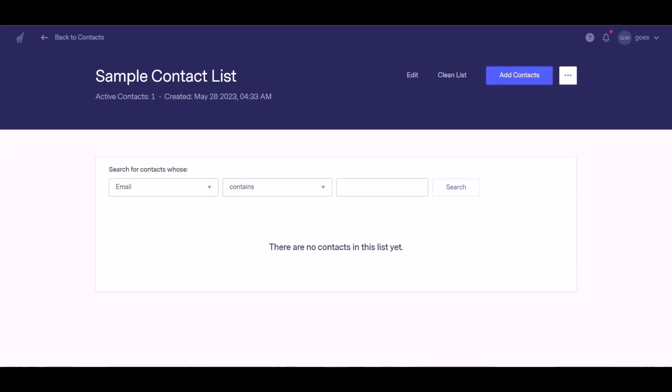Now go to the benchmark page and refresh the page. You can see the data came